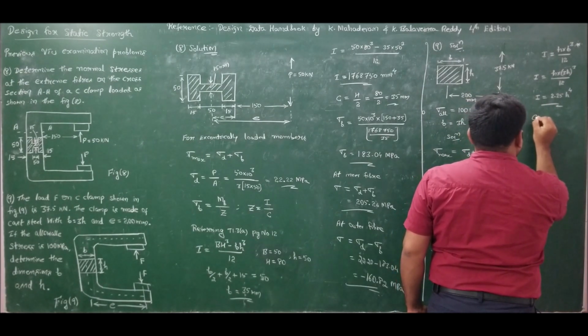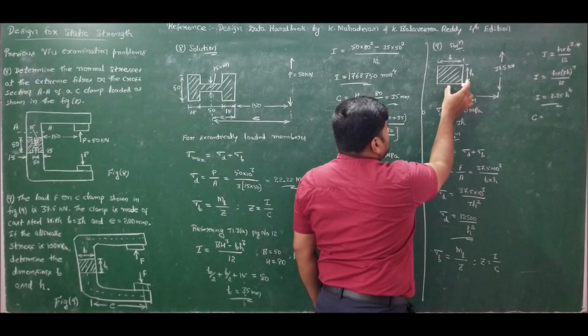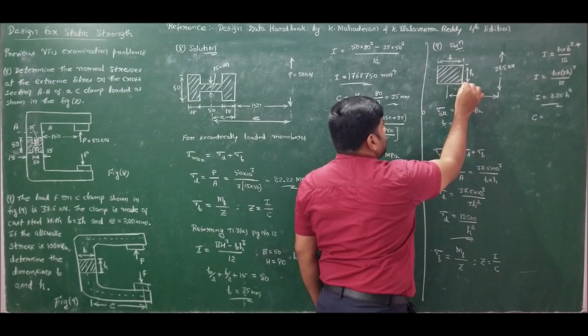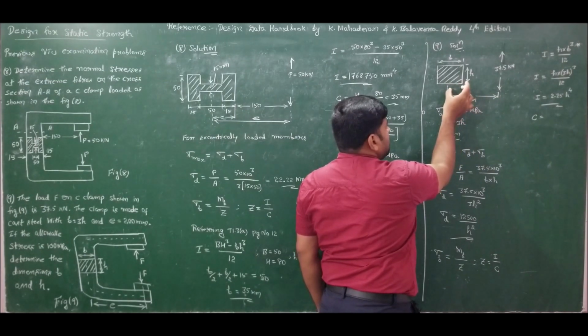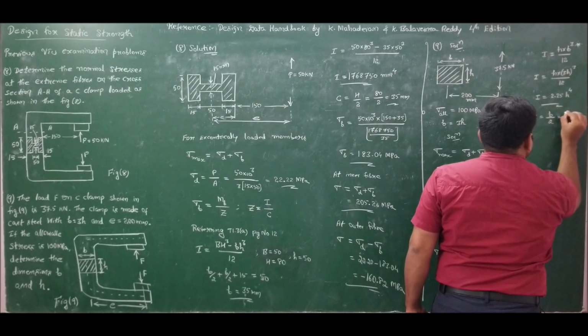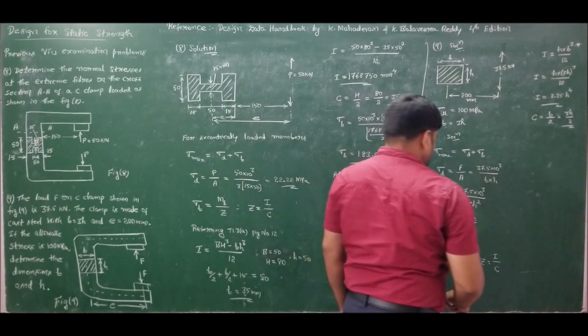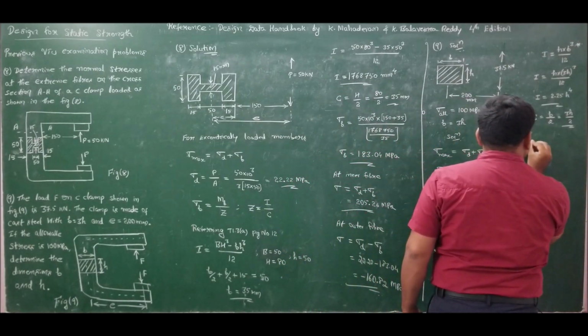Now C is the distance of the outer fiber from the centroidal axis. So this distance is nothing but b by 2. Distance of the outer fiber from the centroidal axis is b by 2. B is 3h, so it will be 3h by 2. So now bending stress will become,